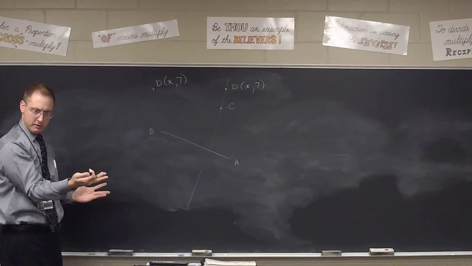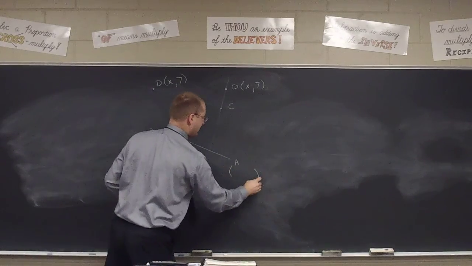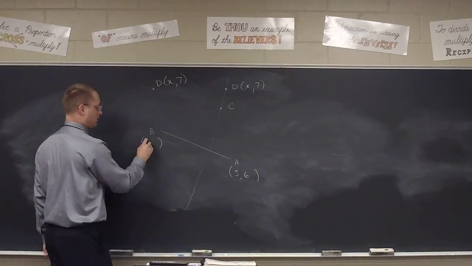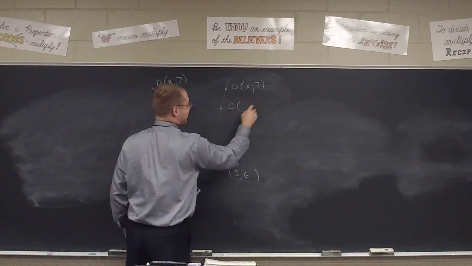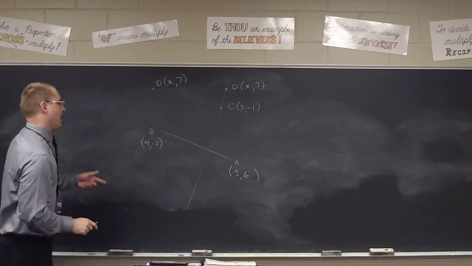Does that make sense? I know point A, I know point B. What is A? (5, 6). And B? (4, -2). And C? (3, -1). All right, so if